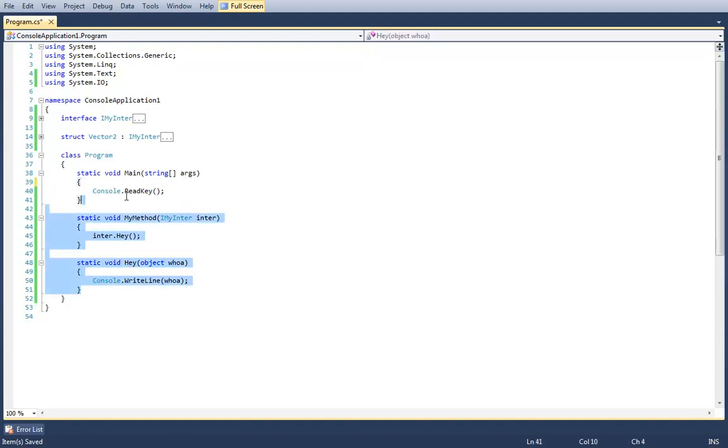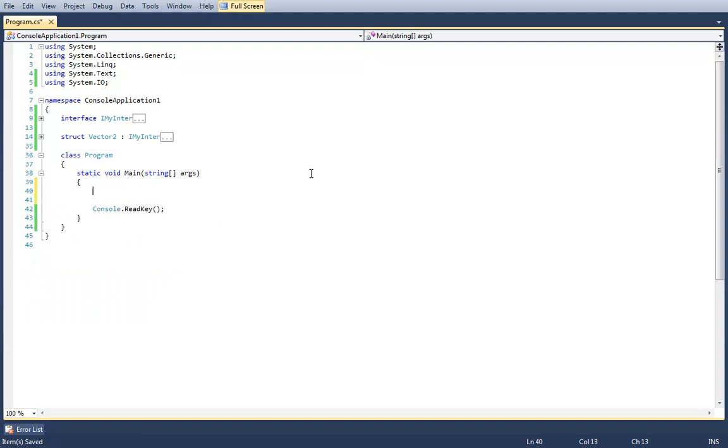So, more considerations about value types and structs in general. Value types cannot be null unless you make them nullable. We talked about nullable in a previous class. For those of you who weren't in previous classes, for example, I can make a Vector2 nullable by adding this little question mark modifier right there, and doing whoa and assigning it to null.